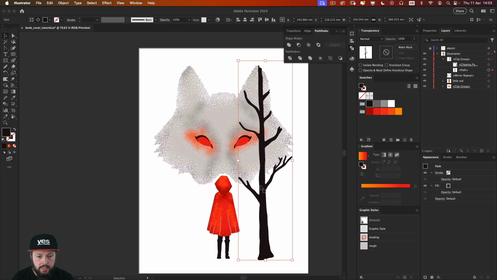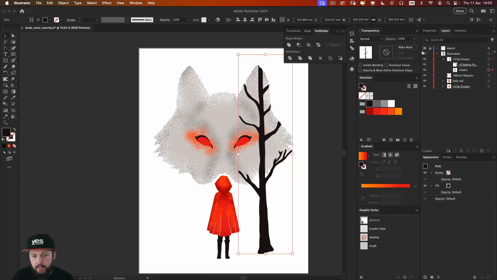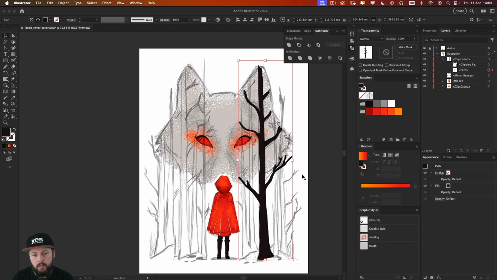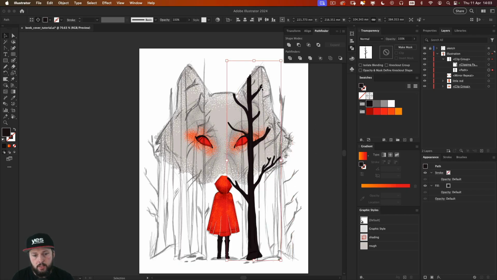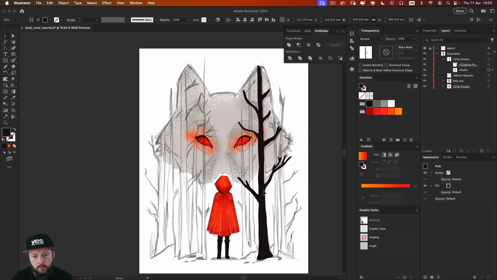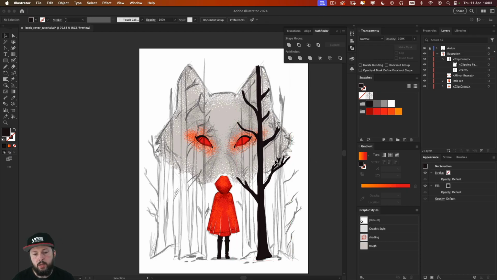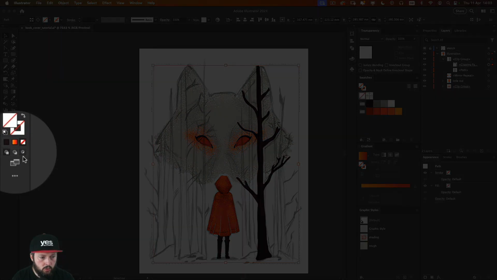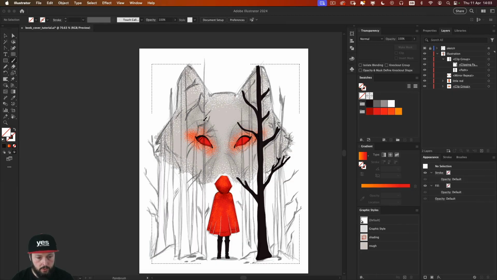So this is exactly what I wanted, and I can align this tree back to where my sketch had the original tree, like that. Now I notice that some of the branches are also being clipped, but that's not a problem. Yeah, something like that works well. And now if I want to draw inside this clipping mask, I just have to select it and then choose Draw Inside. So now, going back to my blob brush, I can start drawing here on the top again with